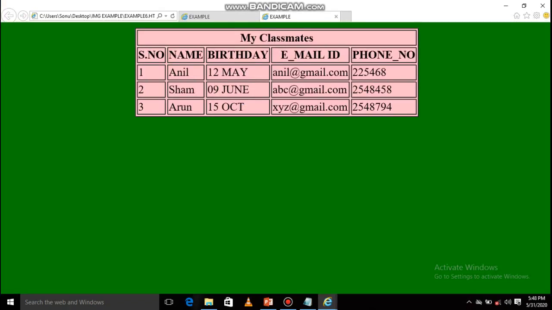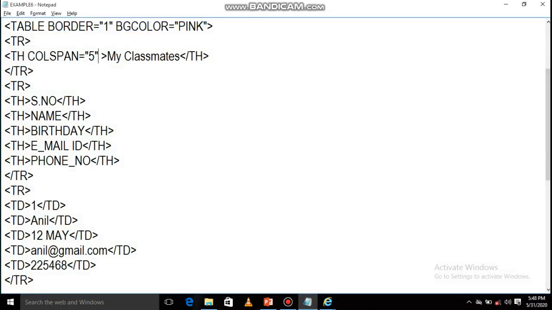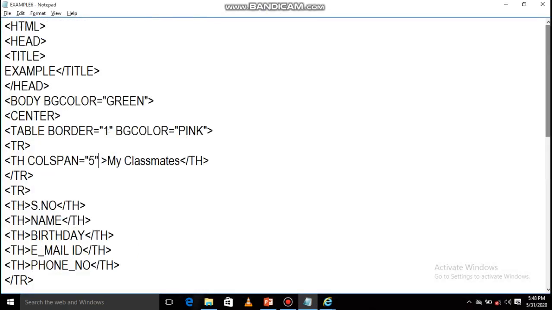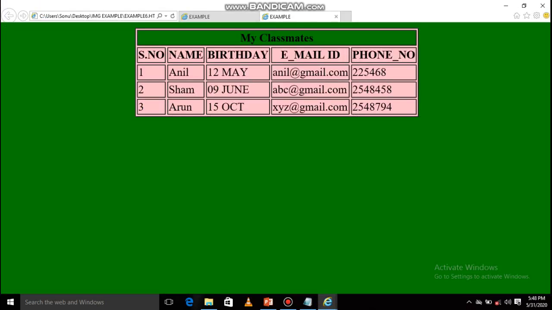Now suppose you want to change the color of the first row, how to change it? Go to Notepad, go to the first tr. Inside that first tr, whatever th or td you have, right here bgcolor equals to green. Save it, go to the browser, F5, like this.